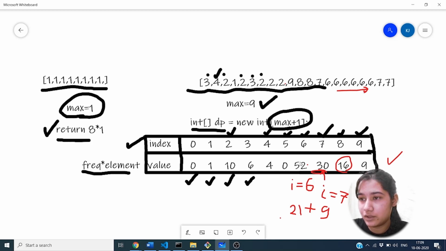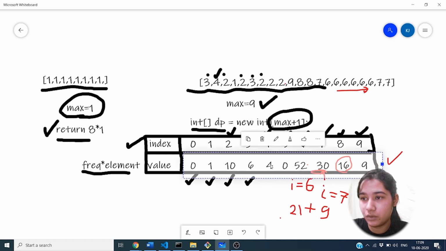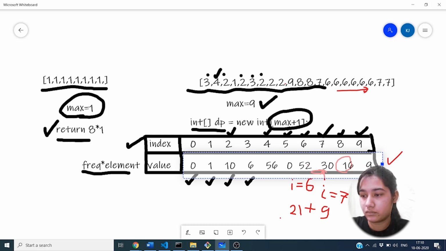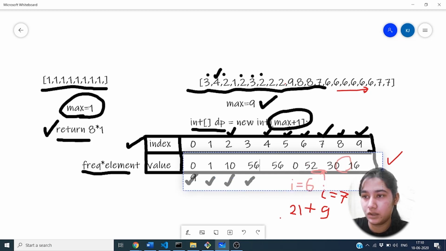Now in this condition, 4 plus 52, the value is changed to 56. Now checking this condition, its value changed to 56. Now checking this condition, 56 plus 10 is greater than 56, so it is changed to 66.